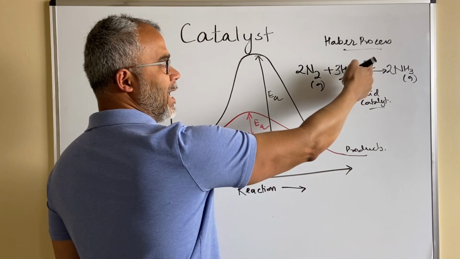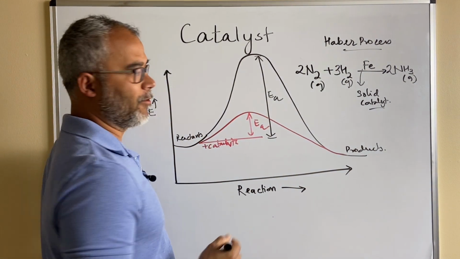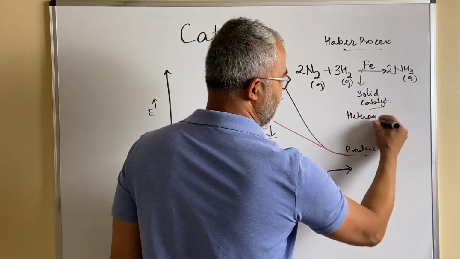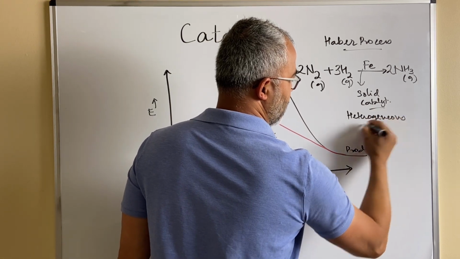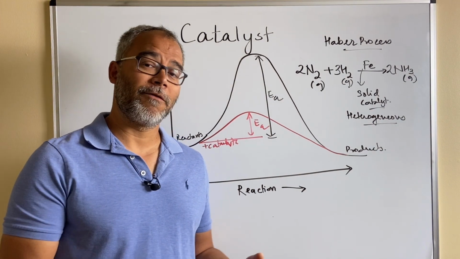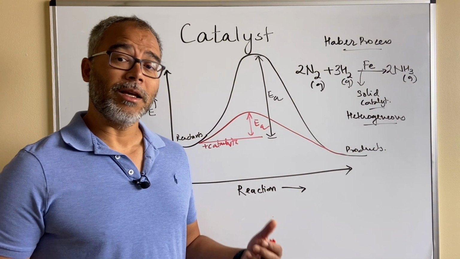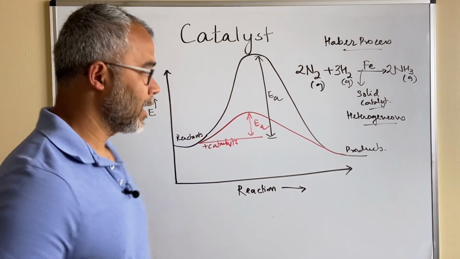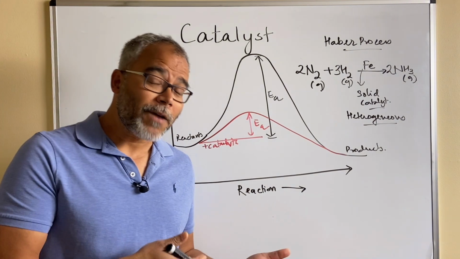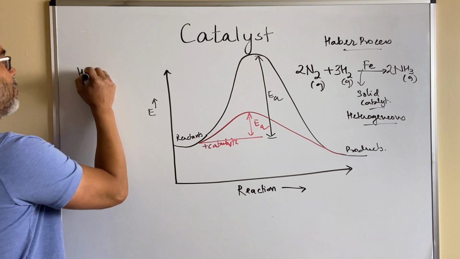So the phase of the catalyst and the phase of the gases are actually different. Iron in this case would be an example of a heterogeneous catalyst. A heterogeneous catalyst is simply a catalyst that is in a different phase from the reactants. Conversely, another type of catalyst is called a homogeneous catalyst. A homogeneous catalyst is a catalyst that is in the same phase as the reactants. So an example of a homogeneous catalyst